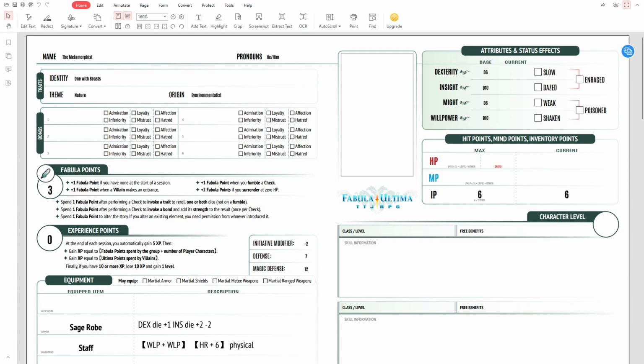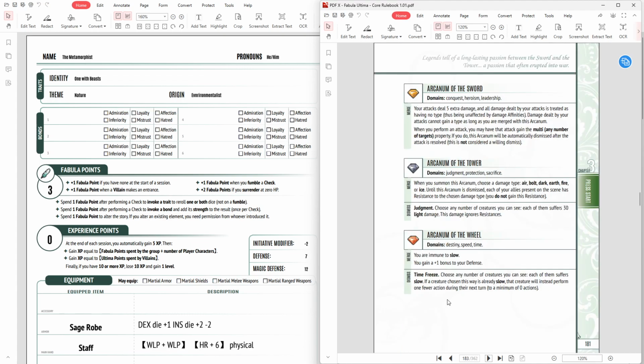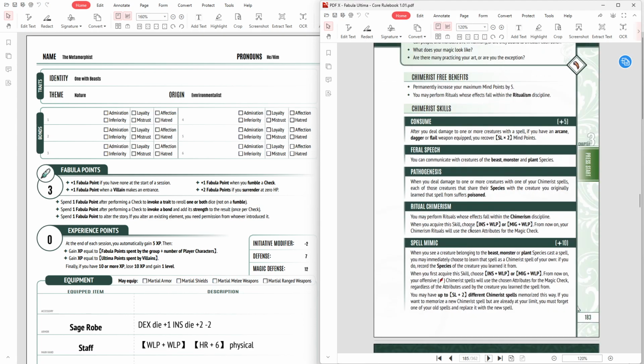So the class we're going to use is obviously the Chimerist. So we need to go to the Chimerist page. Chimerist. So the way the Chimerist works,